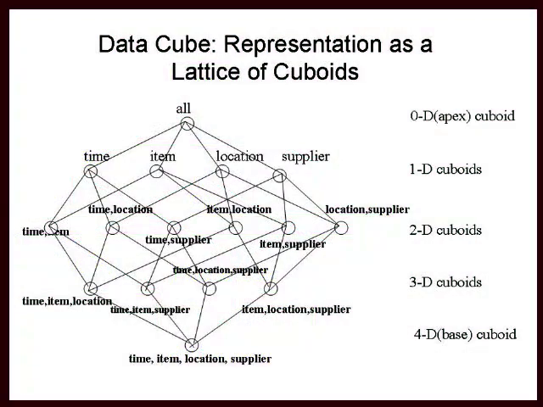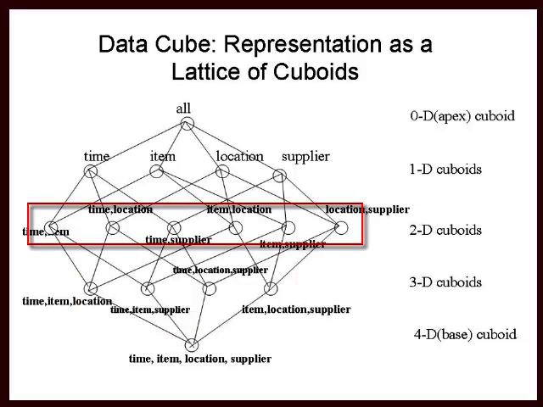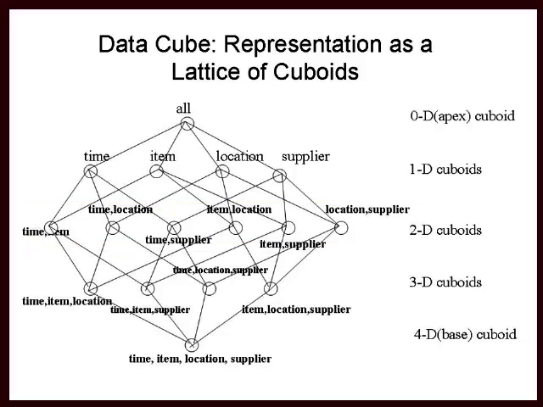This slide talks about the extension of the 3-dimensional cuboid into a collection of 4-dimensional cuboids. If we have 4 dimensions, we have 2 to the power of 4 combinations, that is 16 such cuboids. Out of these 16 cuboids, we have 1 cuboid of 0 dimensions, 1 cuboid of 4 dimensions, 4 cuboids of 3 dimensions, and 6 cuboids of 2 dimensions, etc. In all, we'll have 16 such cuboids.